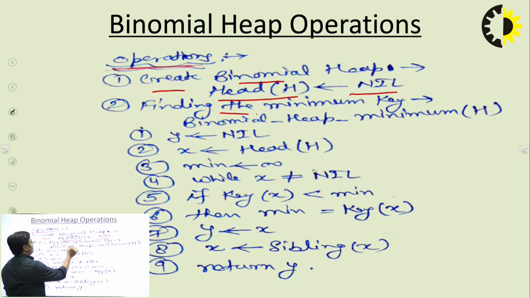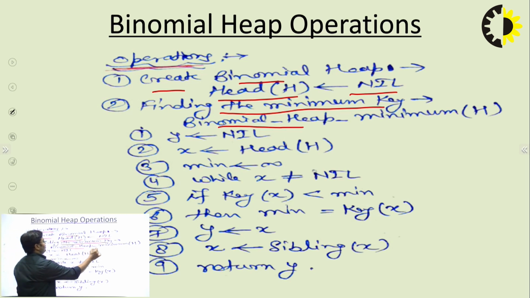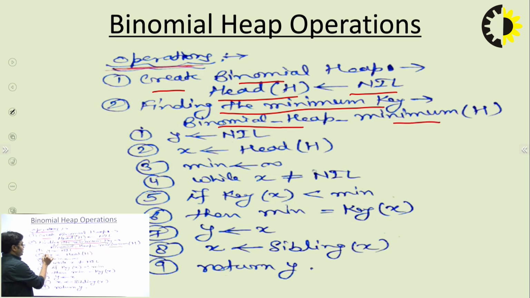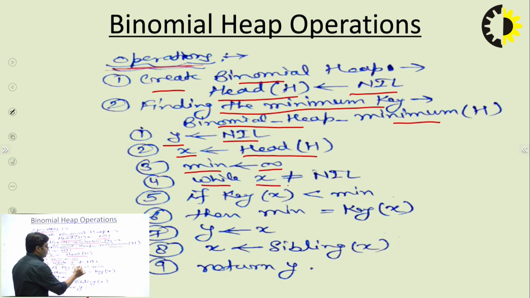For finding the minimum key, we have this pseudocode. In binomial heap minimum h, we assign nil to y, we assign the head value of h to x, we assign infinity to minimum, and while x is not equal to null, which is the head value,